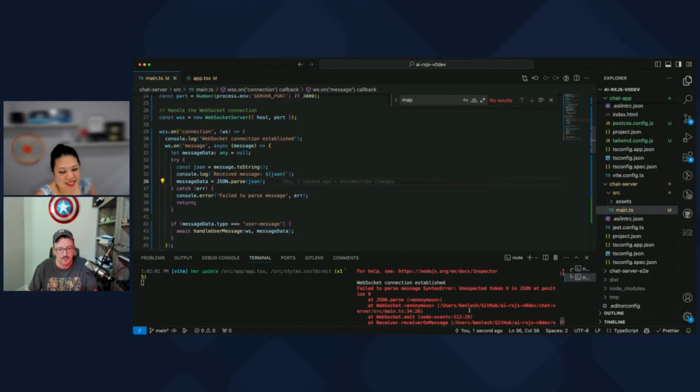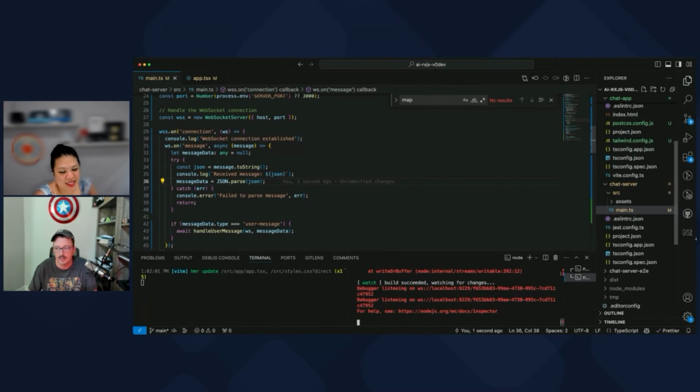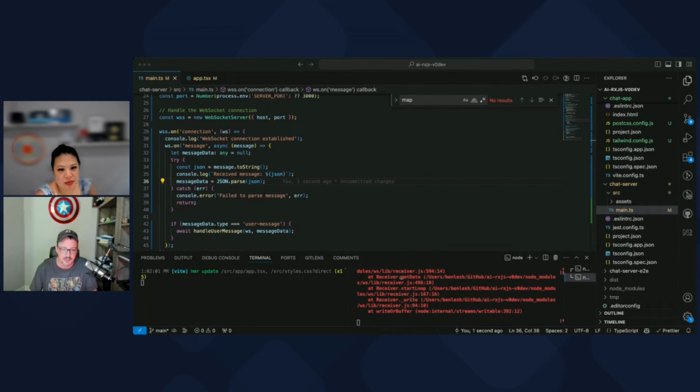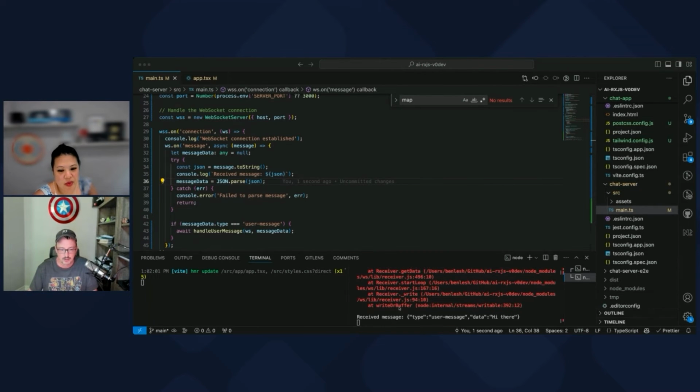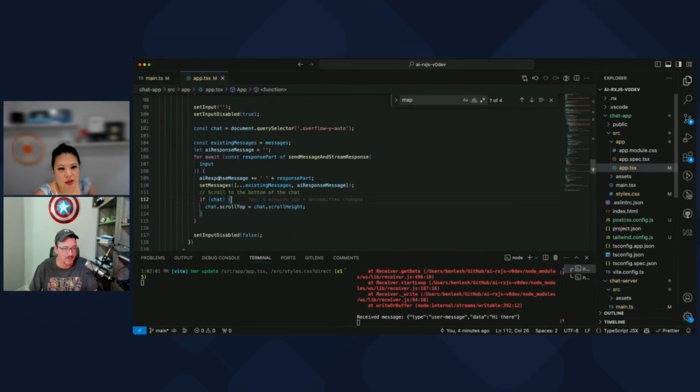Let's see. This is running now. I'm going to send something. I'm just sending the text "hi there", and we'll see if we can. Oh, of course, it's all disabled now because of my disabling logic. All right. So we received the message "hi there", and it looks like we parsed it okay. All right. And did we send anything back? Well, that seems odd, doesn't it?